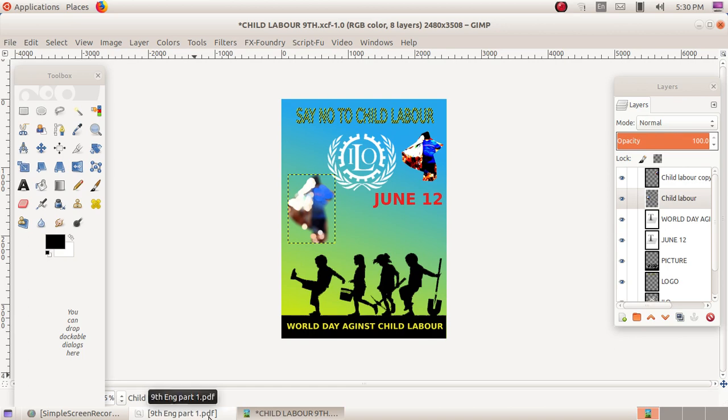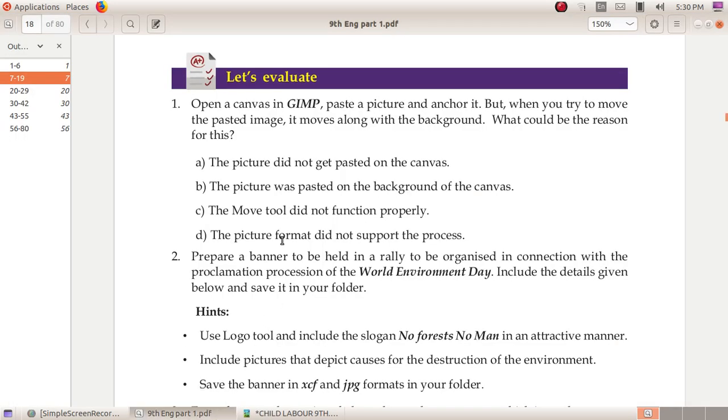In the last page of this chapter, you can see, let's evaluate. The first question is, open a canvas in GIMP, paste a picture and anchor it. But when you try to move the pasted image, it moves along with the background. What could be the reason for this? The options: A, the picture did not get pasted on the canvas.